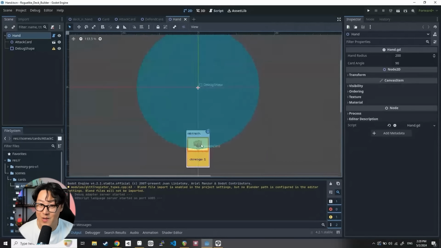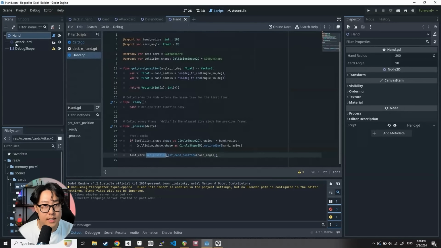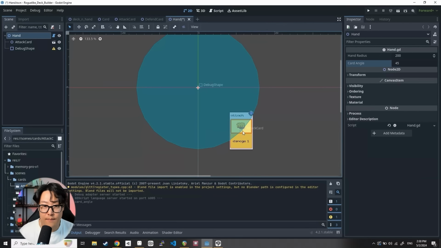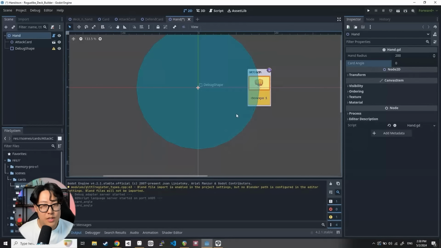Yeah, hey, it's on the other side. So this tells me 90 degrees is down here. Let me do 45 to see actually where the positive angle is. So I'm going to update the card angle to 45. So it's right here. Okay. And then 0 is this. Okay. So I was correct to assume that the 0 degree is on the right side, but it seems,